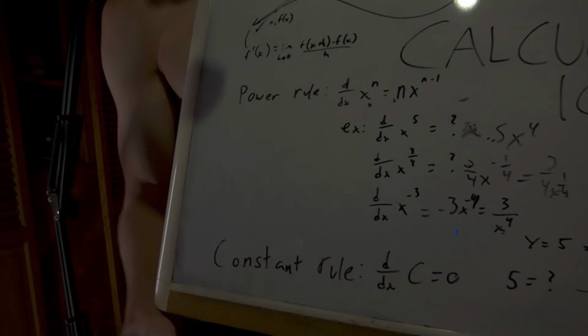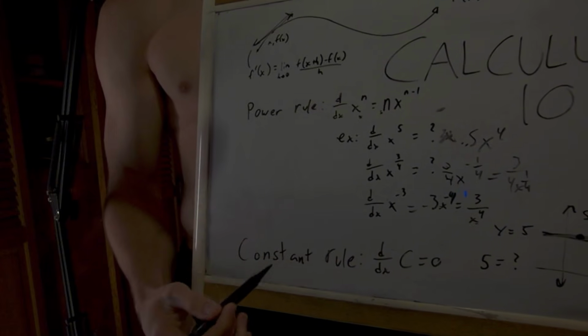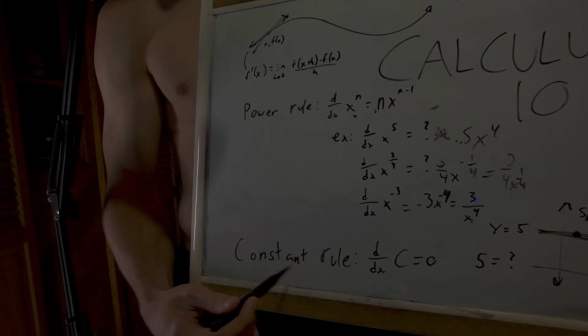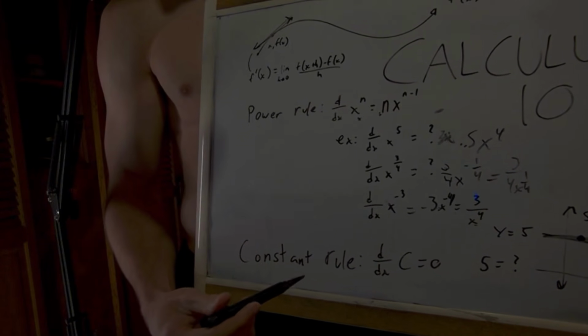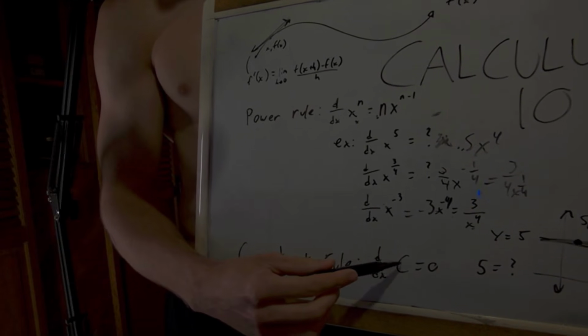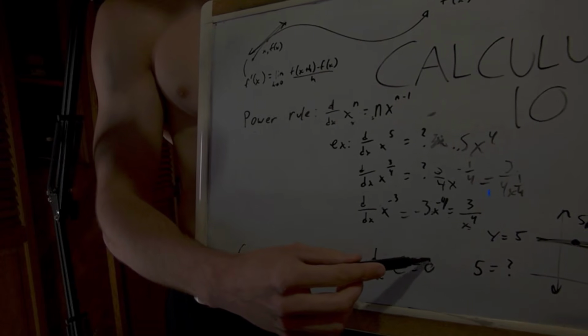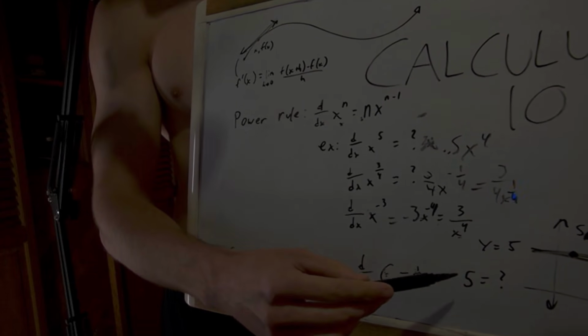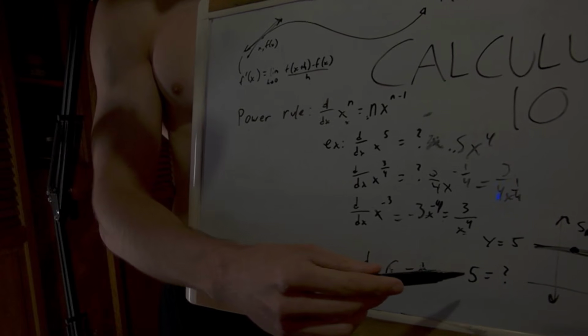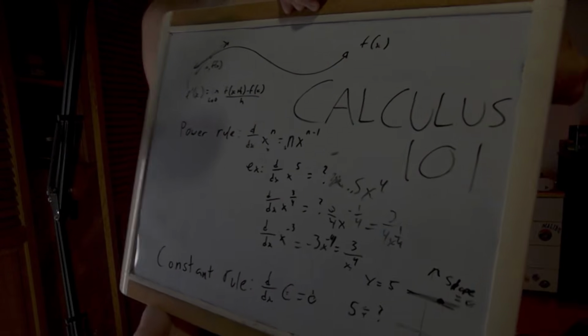Very good job. Now there's one other thing before I leave you, the constant rule. The constant rule. If you take the derivative of any constant, it's 0. So if you take the derivative of 5, what is it? 0. And it makes sense because,